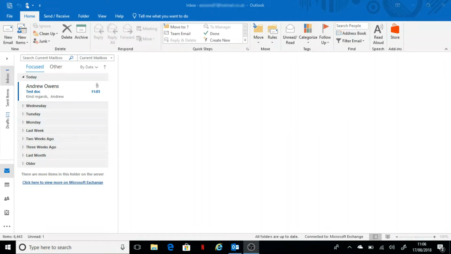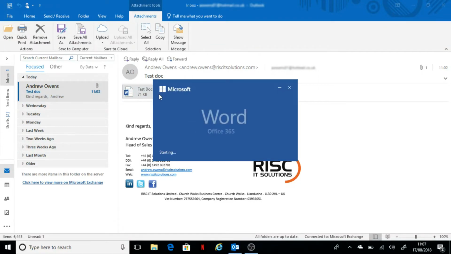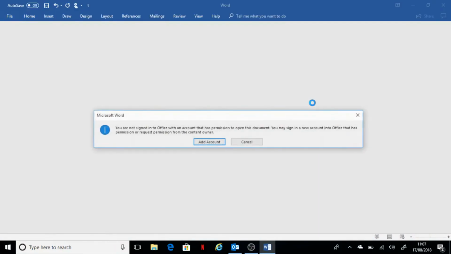Okay, so we've now switched across to my home PC, which of course is signed into my Hotmail account, not my Risk IT Solutions account. The email's just landed here, and as you'll see, the Word document is attached. Let's try and open it. As you can see, Word's opening, and it's prompting straight away that I am not signed in to Office with an account that actually has permission to open the document, thus showing that only people with a Risk IT Solutions email account can access this